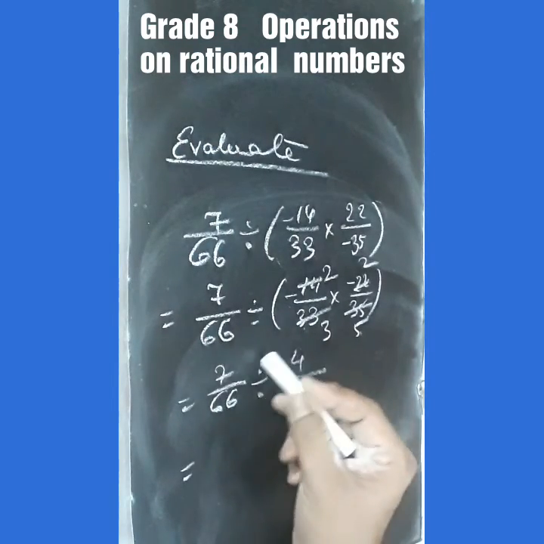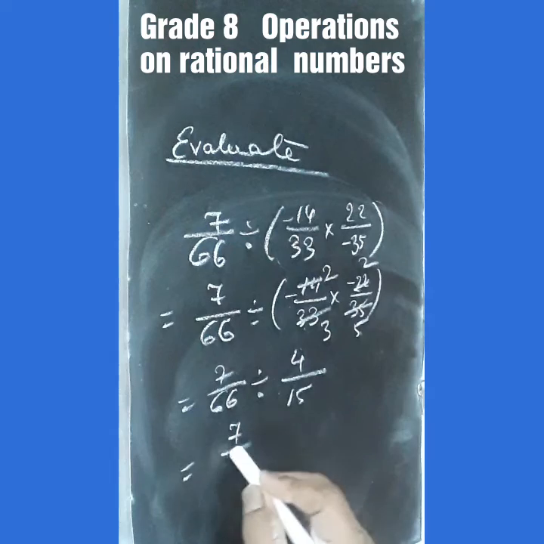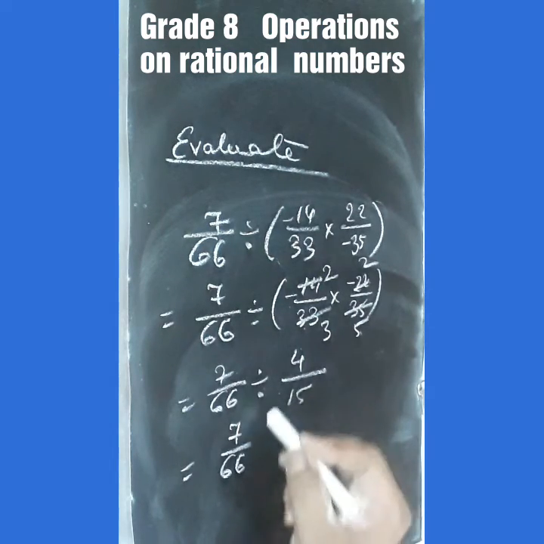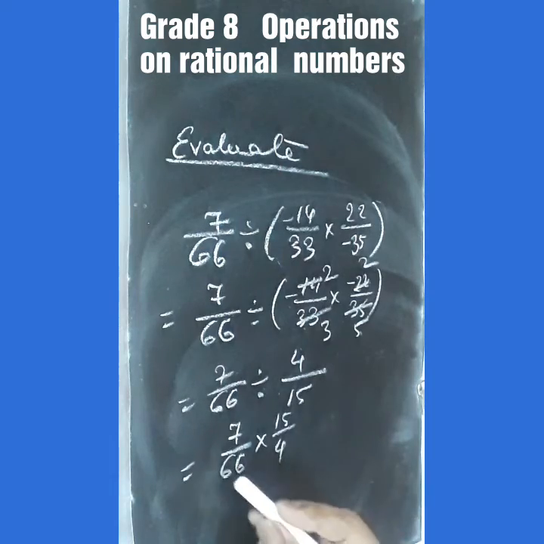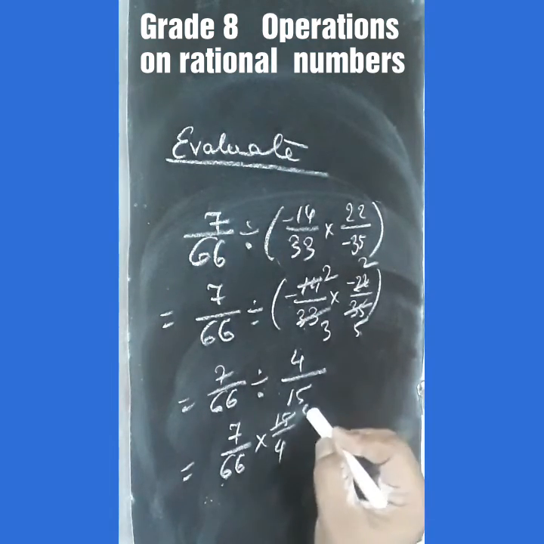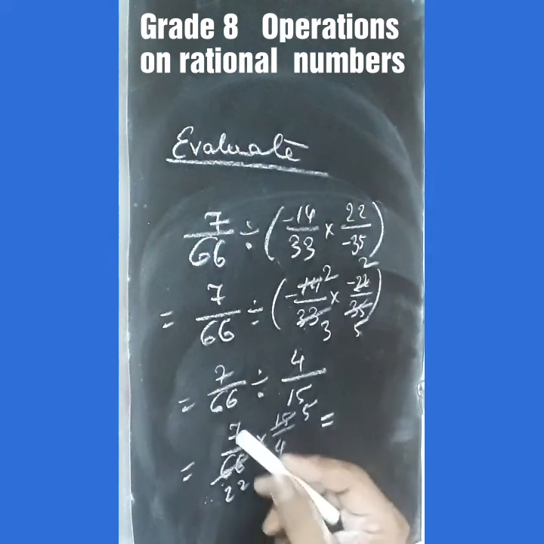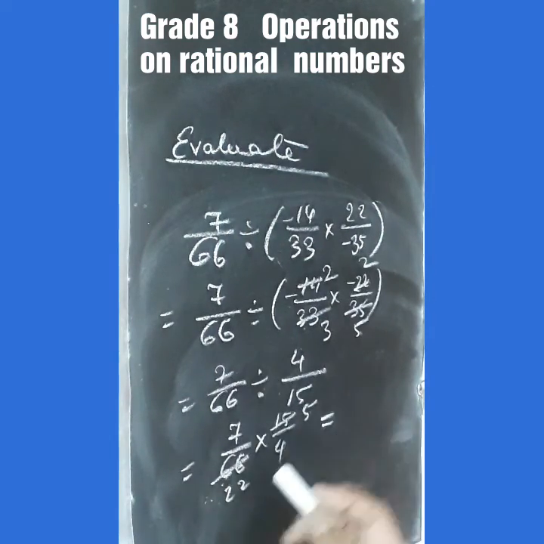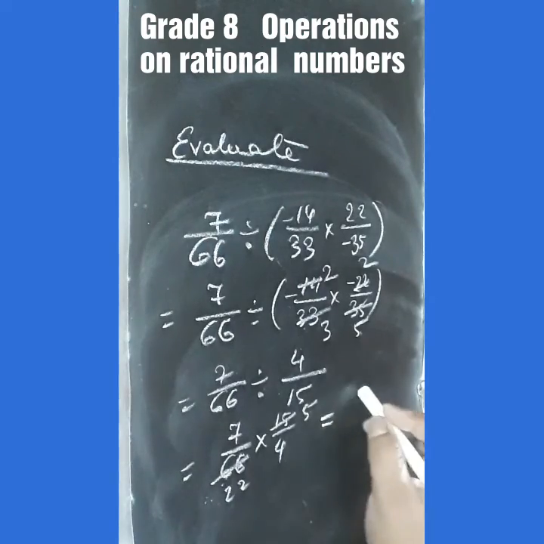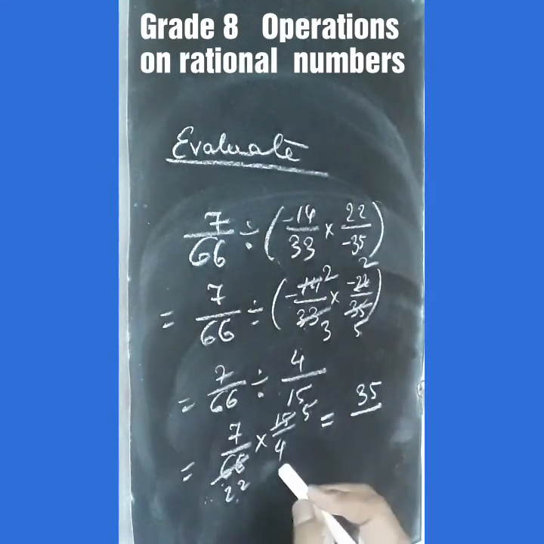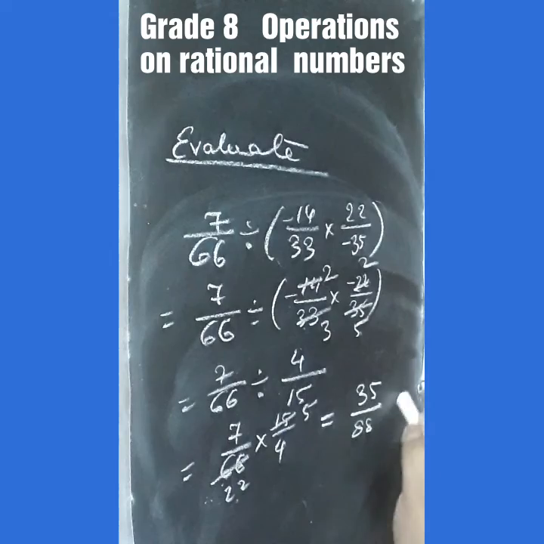Now we will follow the rule of division here. It is 7 upon 66. We will change the sign into multiplication. Write the reciprocal of it, 15 upon 4. Here both these numbers can be cancelled with 3. We get 3 5s are 15, 3 22s are 66. No more to cancel. We will multiply numerator by numerator and denominator by denominator. 7 5s are 35, 22 4s are 88. This is our answer. We can evaluate numbers like this.